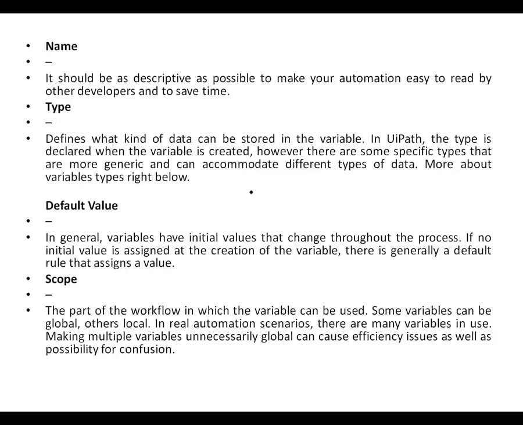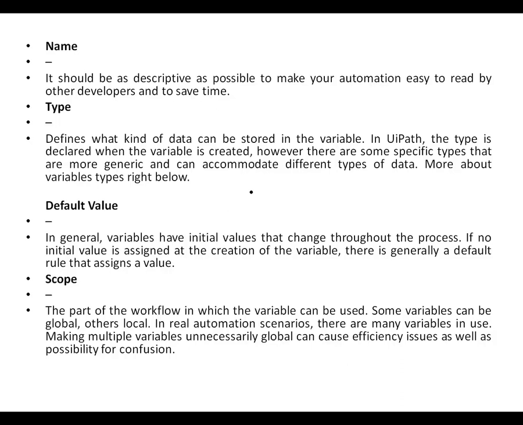Suppose you have a group, a collection of similar data elements. For that type we use the data type array. Array of string, array of integer. If the collection has integer values, then we take array of integers.